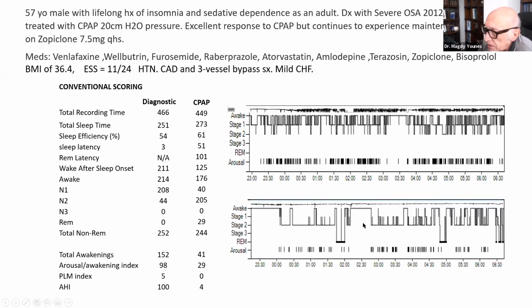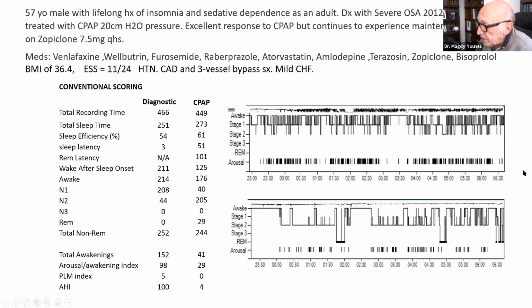But it is misleading, because the excessive amount of stage 1 and the limited amount of stage 2 is simply an artifact, an ASM artifact, because they tell us after every arousal you've got to change the stage to N1 and wait for a spindle. So it's not really failure to go to stage 2. It's just that the rules are such that you increase the number of N1 epochs when you have a lot of arousals. And what happened when the arousals went down is N1 went down and became N2,